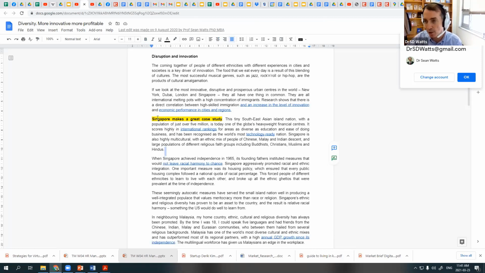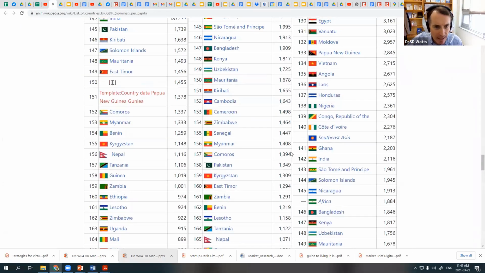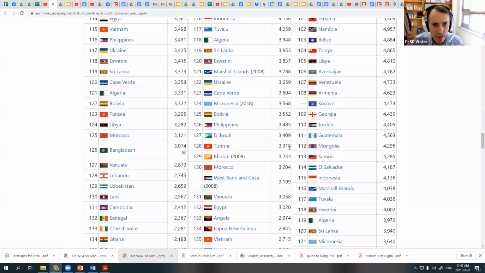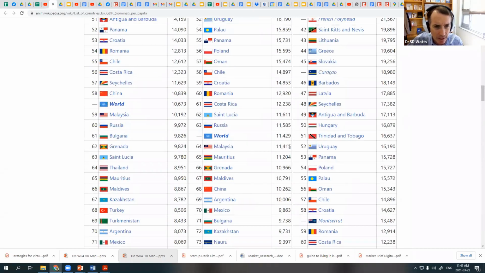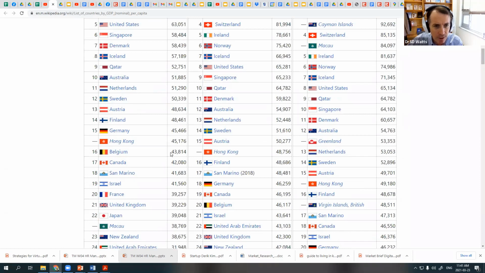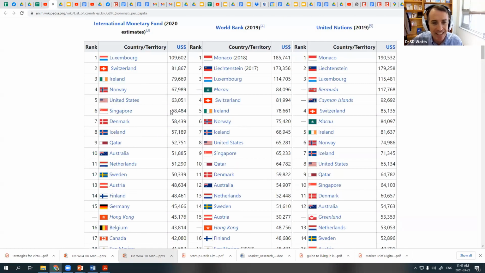Singapore is a very small country, only 5 million people, but it is one of the most successful countries in the world. What is the pay in Singapore? Can you guys see? Where is Singapore here? Canada is 42,000. Singapore, $58,000 is the average pay in Singapore. So why? Maybe it's because they are